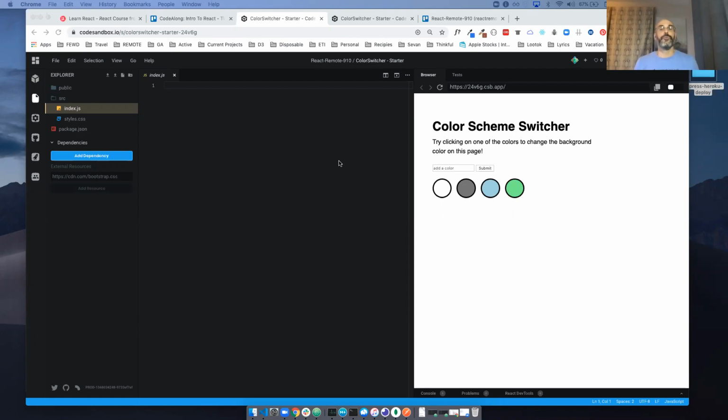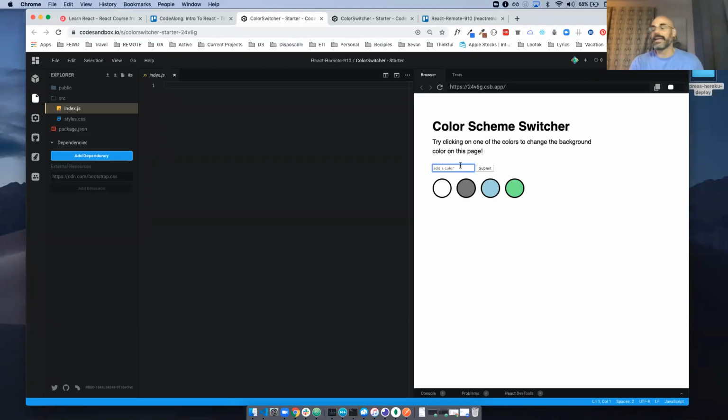So I wanted to walk through the first process of React. Now I've edited this to remove some of the React stuff. So even though it's here, it is supposedly a React app, I've removed some things so that it doesn't act like the React app that it should. Now, it's not doing anything either. Ultimately, we're going to click on these colors and it'll change the background. Right now, it's not going to do anything.